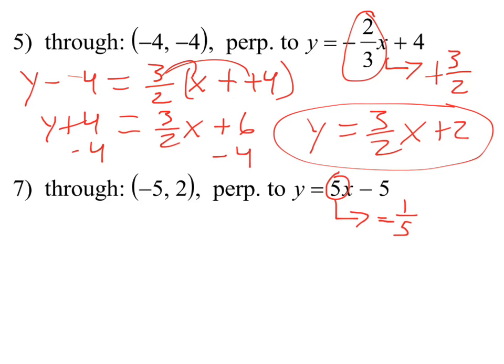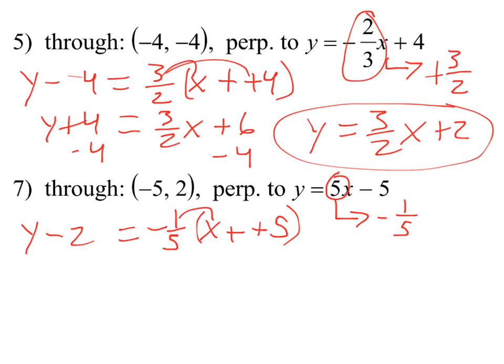So now it's negative 1/5 for my slope. So I'm going to have y minus the 2 value. On the right side, we're going to have negative 1/5 times x minus negative 5. Minus the negative, same thing as adding